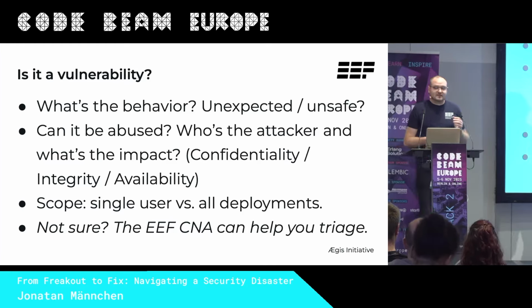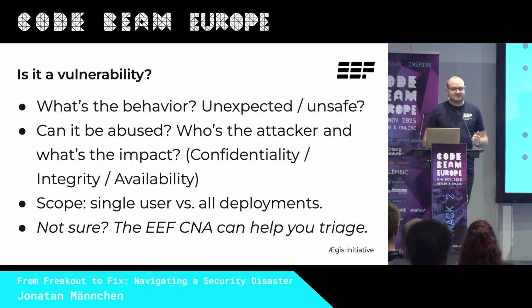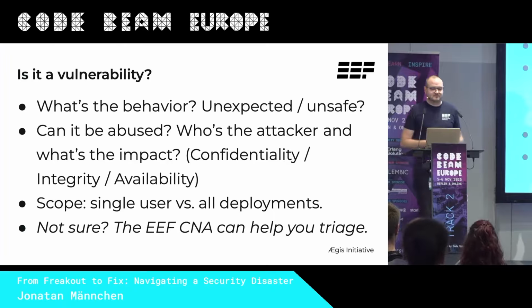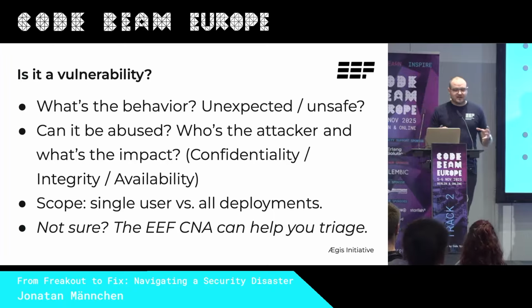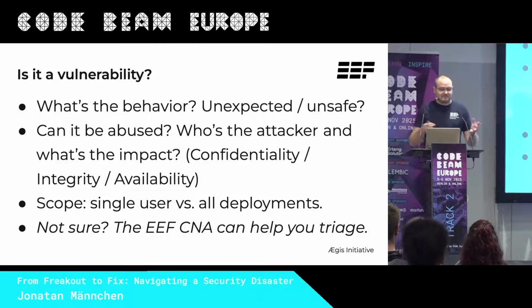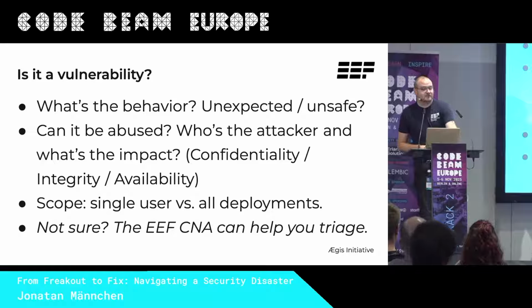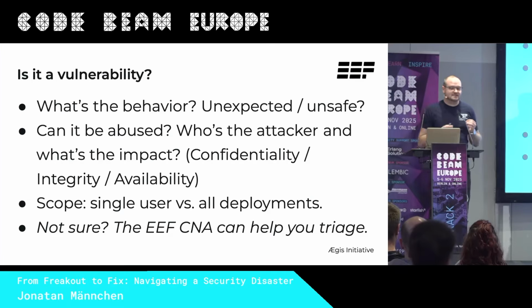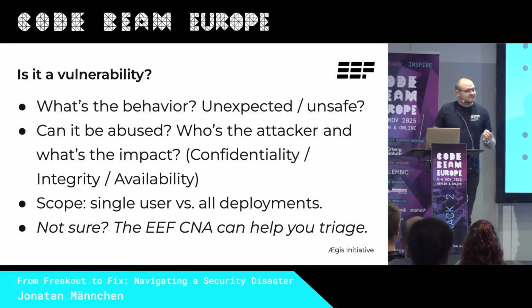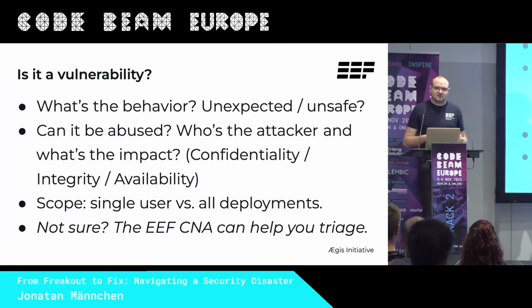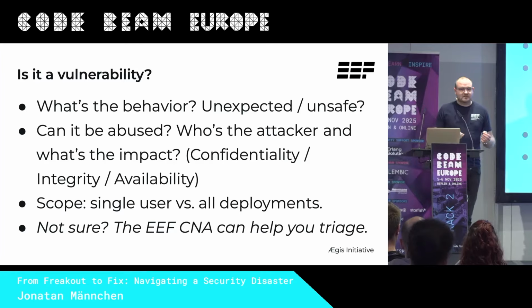A useful way to think about this is through the CIA triad. Does this affect confidentiality, integrity, or availability? That gives you language to describe impact instead of just hand-waving and making something up. For example, confidentiality might mean a Phoenix application that accidentally leaks secrets through an API. Or even something a lot more subtle, like debug logs printing API tokens into your logs. That's technically not a crash, but if somebody has access to your logs, they could impersonate a user with that.